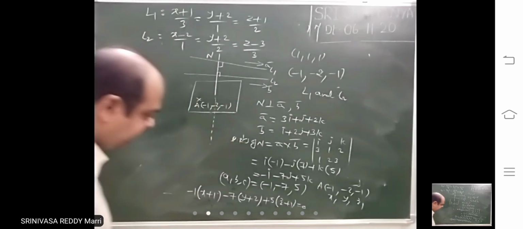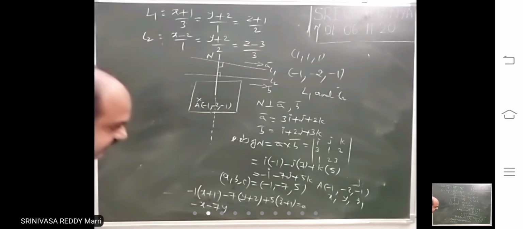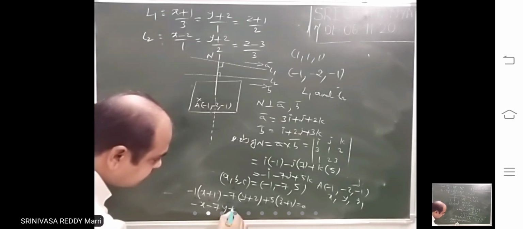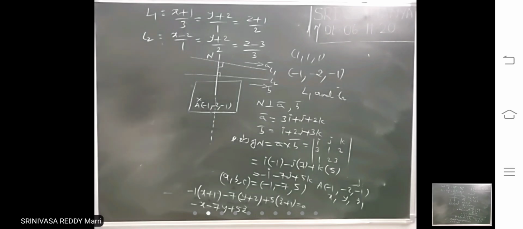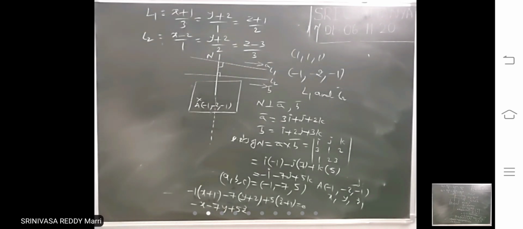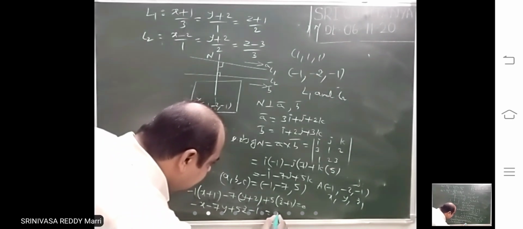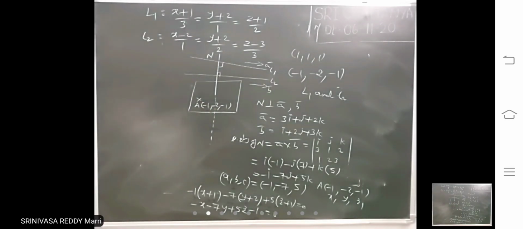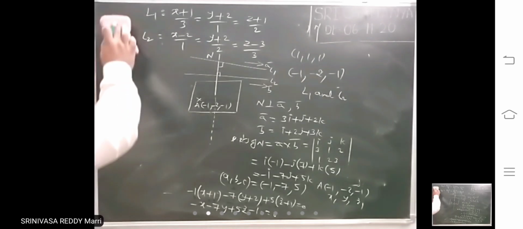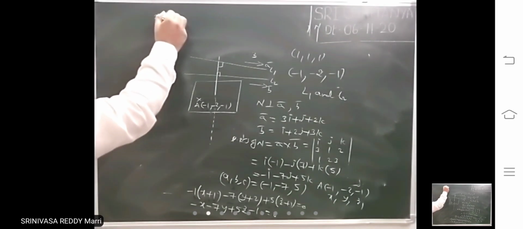Therefore the equation of the plane you will get: minus x minus 7y plus 5z, with constants minus 1, minus 14, so minus 15 plus 5 minus 10 equal to 0. So the equation of the plane is, taking minus common,